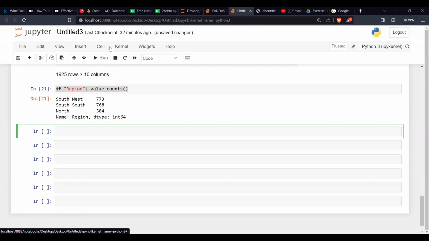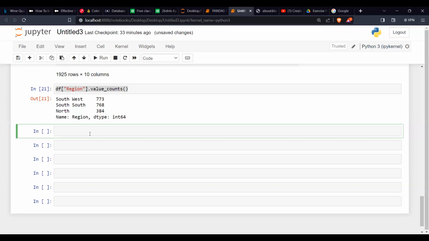Okay, so we're trying to show you how to select and do a range. Even here, with this region, we're doing a value count, but much later I'll show you how to do it like a proper pivot table. Because here there's something they call group by, just the way we did our pivot table. In SQL, you have what they call group by, is it not? That's the same way